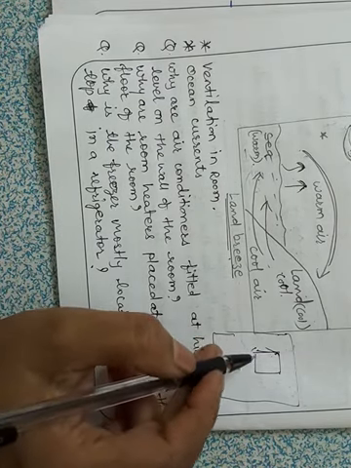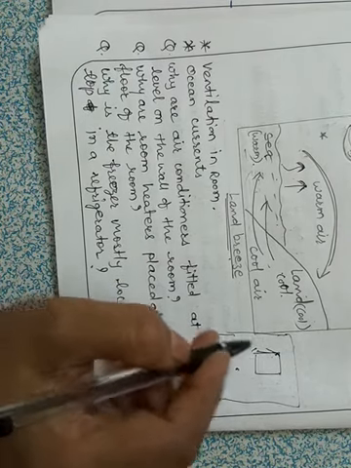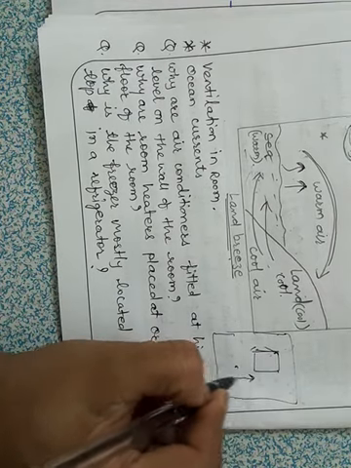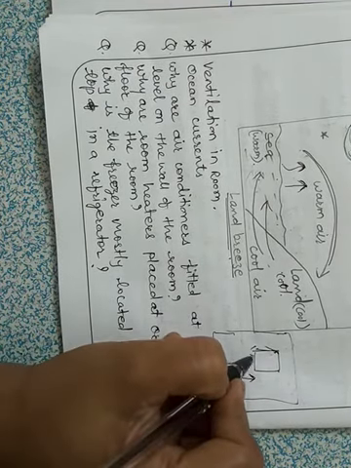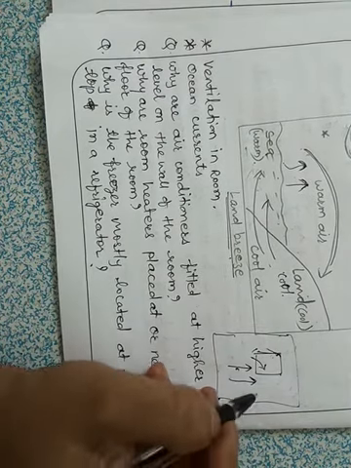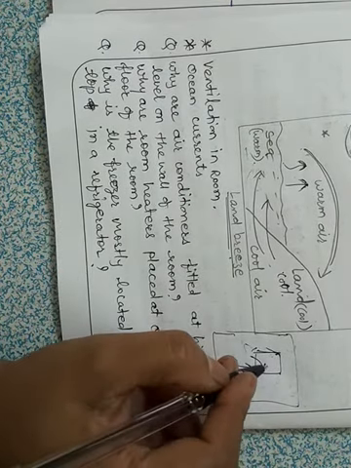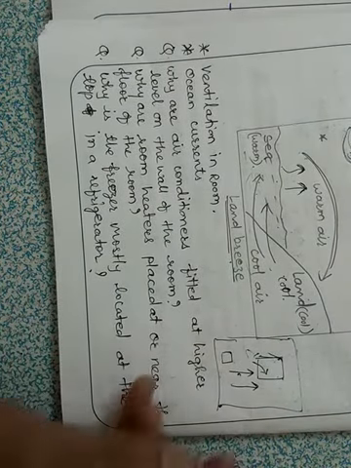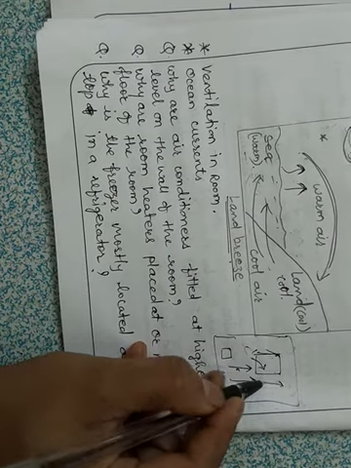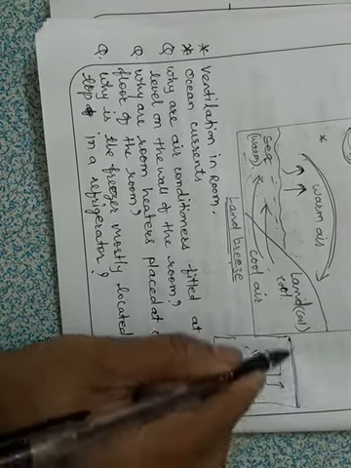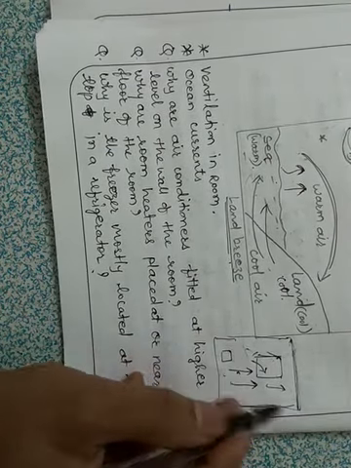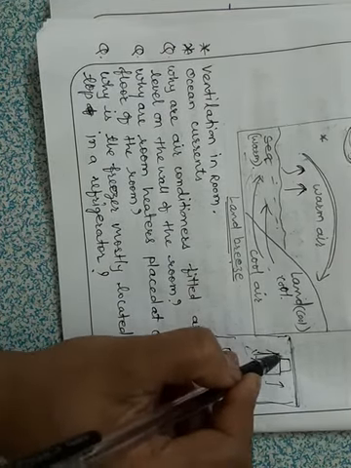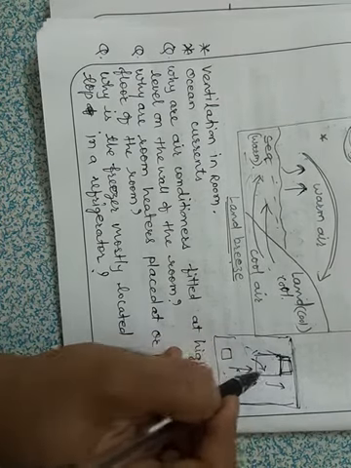So warm air, being lighter, rises up and leaves the room. Warm air rises up and it leaves the room through these ventilators that are provided near the ceiling. Suppose this ventilator is here, then what will happen? This warm air is going up. So where will this warm air go? It is not possible for it to go out of the room unless there is a hole, or we can say a ventilator.